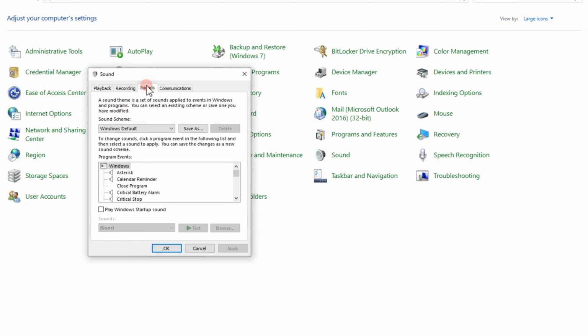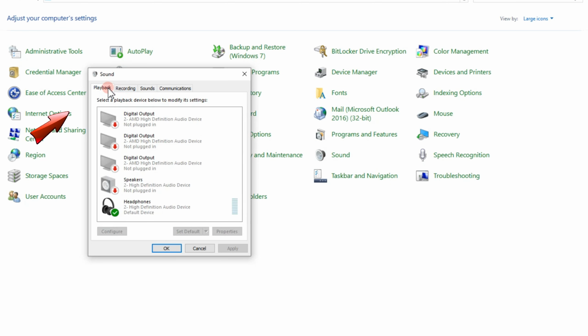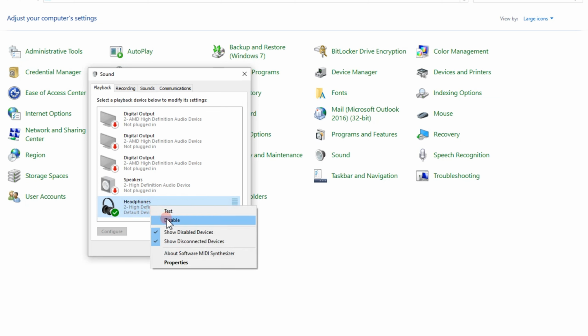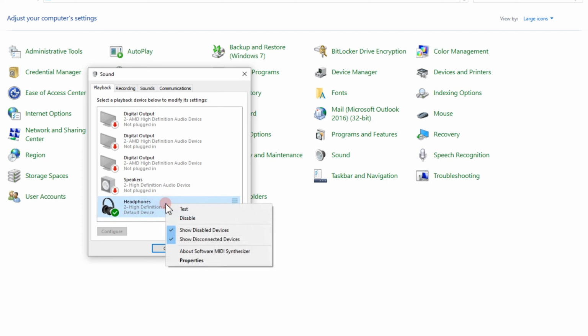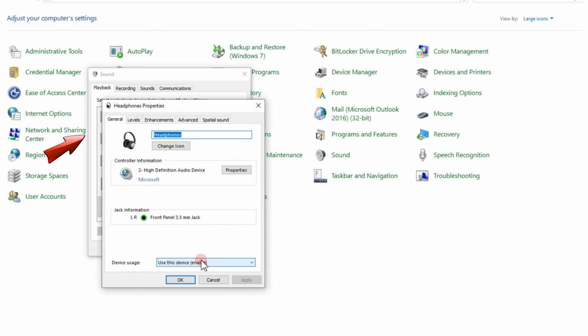And then here what you're going to do is you have to look for the sound that you're currently using. For example, is there any problem with the headphones or speaker? You just have to click that one. Disable first, then click enable. After that, tap again, right click, and then this time you have to go to properties, click properties here, tap